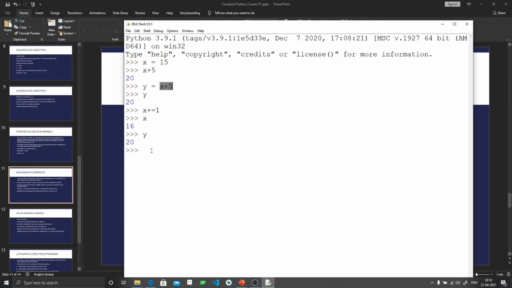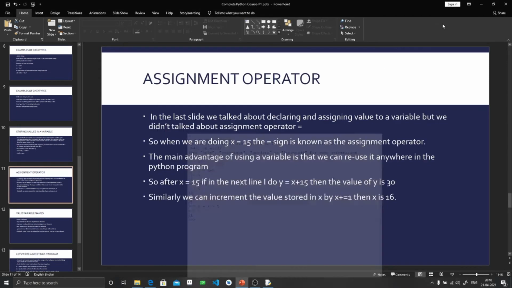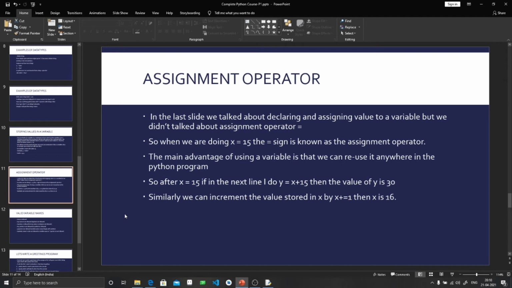To update y, I have to type y equal to x plus five again. Then if you print y, you will see 21. Now it has got the 16 value, and 16 plus 5 is 21. So this is how we increment the values of a variable.